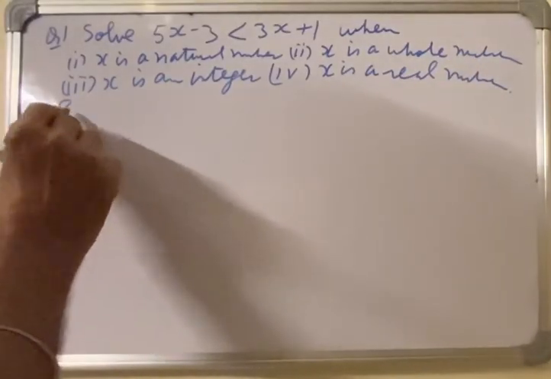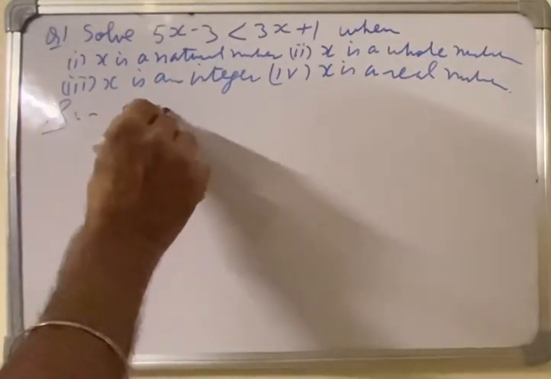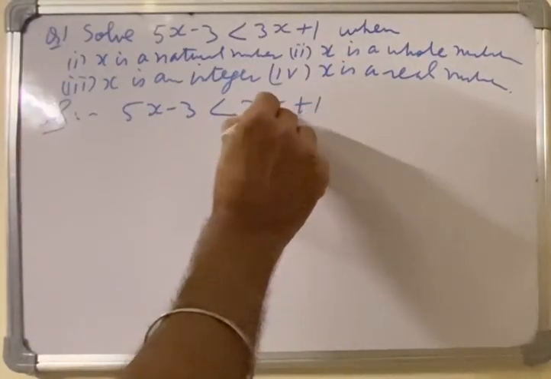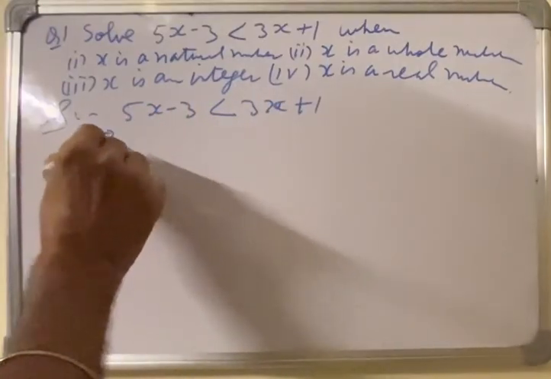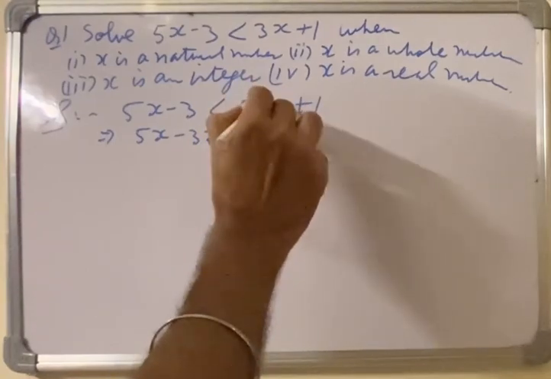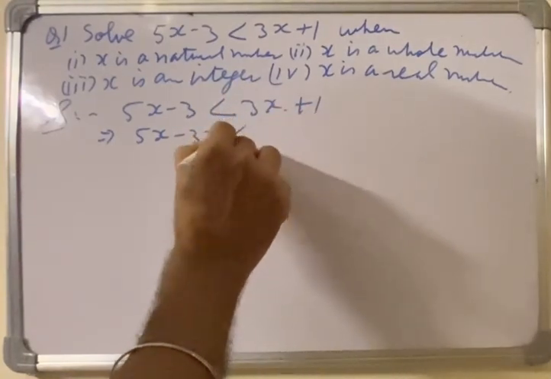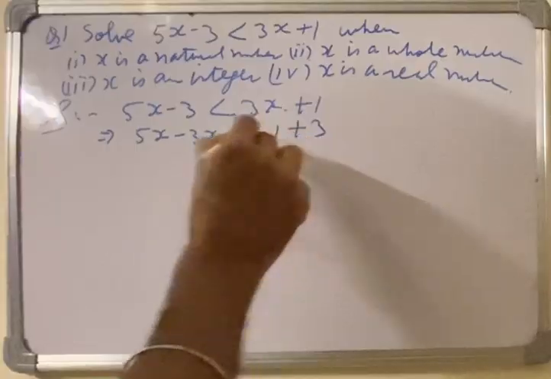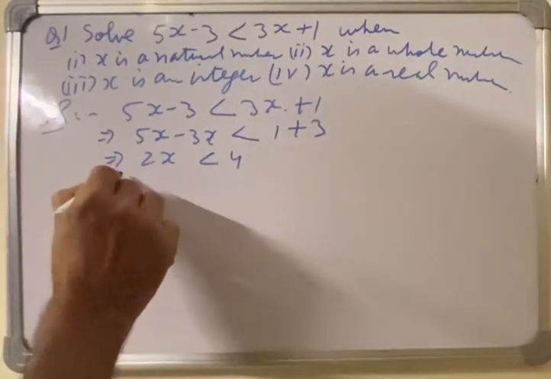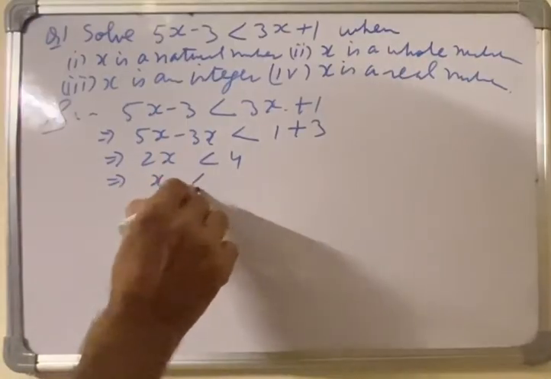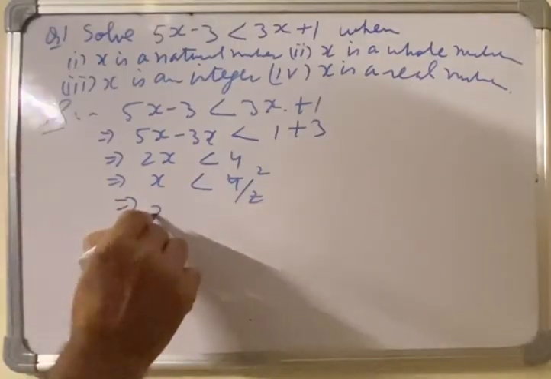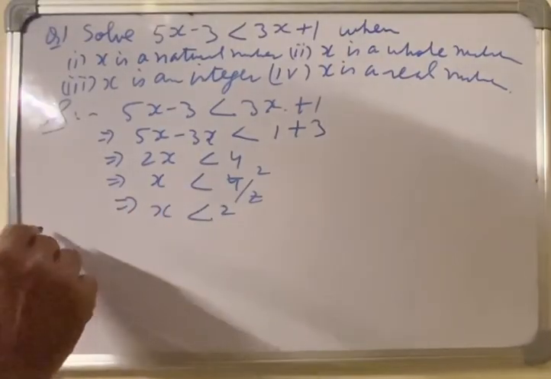Solution. 5x minus 3 is less than 3x plus 1, which will give you 5x minus 3x is less than 1 plus 3, 2x is less than 4, x is less than 4 by 2, x is less than 2. First part,